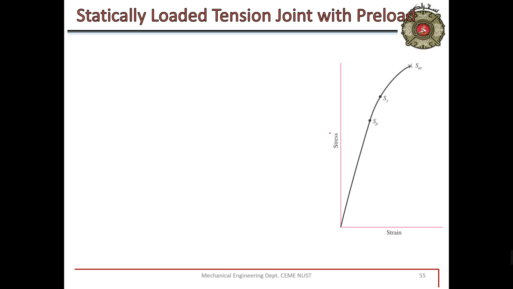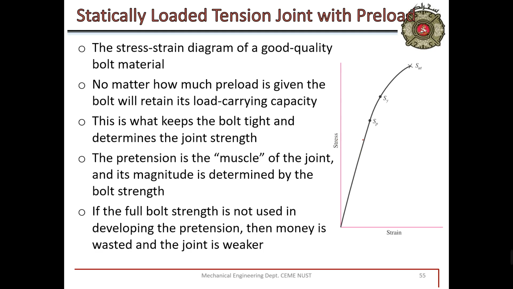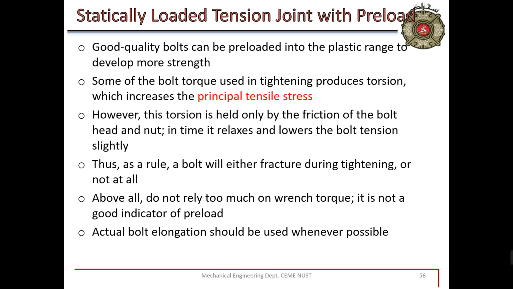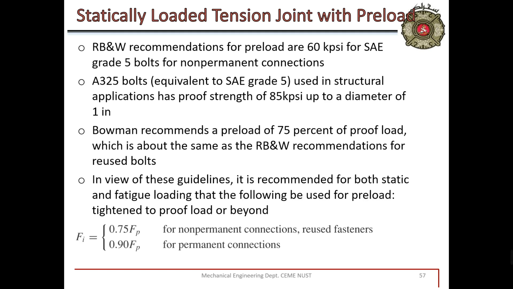And after that we had this curve, we have studied this curve, and this curve at the end only states that if you are tightening a nut and bolted joint, it will either fail during tightening or remain intact. If it has not failed during tightening, it will never fail. So that, and after that,